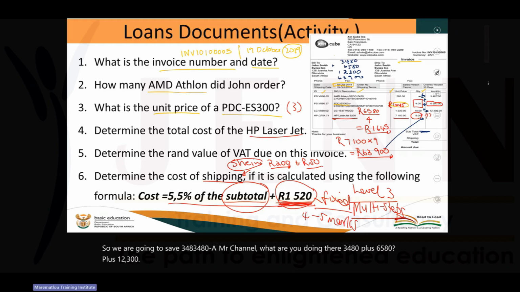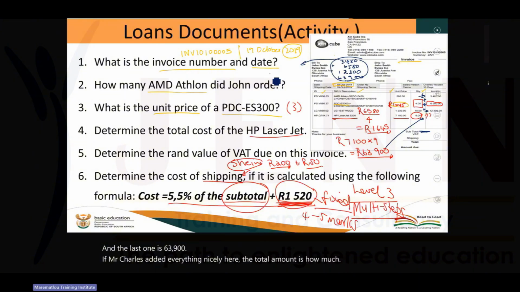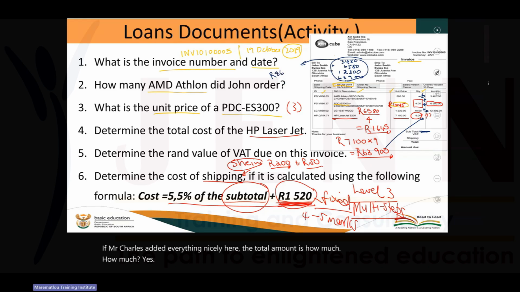And the last one is 63,900. If Mr. Chawla has added everything nicely here, the total amount is how much? 86,260 rand. This is the